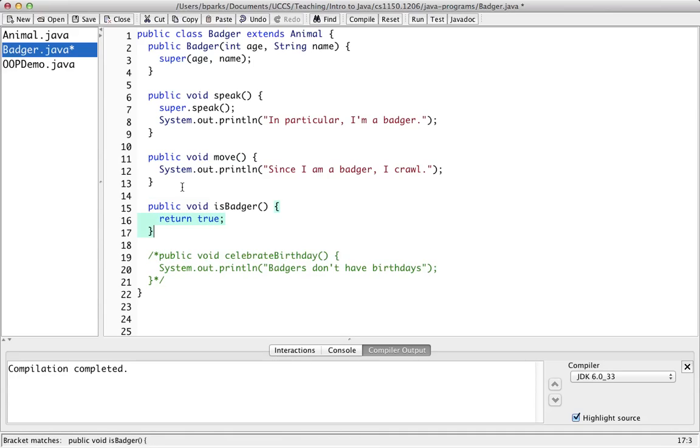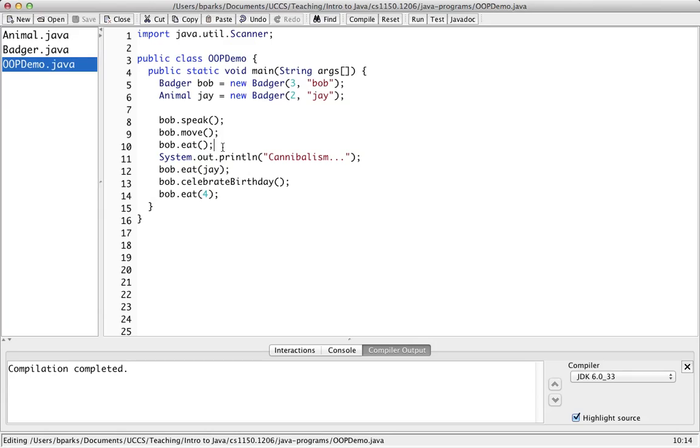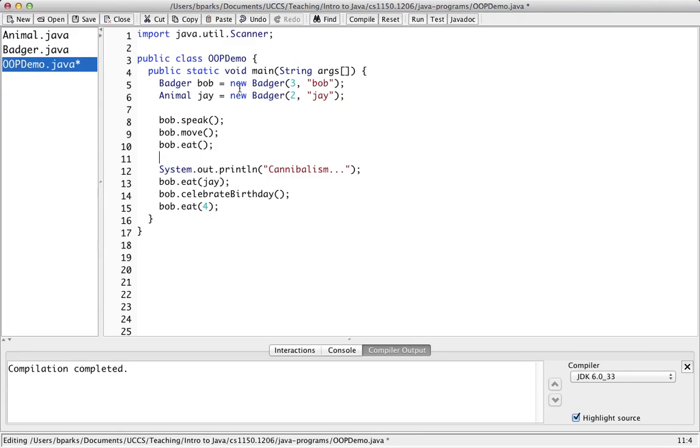Obviously, that's a ridiculous method. But if we created a method in Badger called isBadger, we could not, even though we know from this line we are storing a badger in animal j, we could not say j.isBadger,